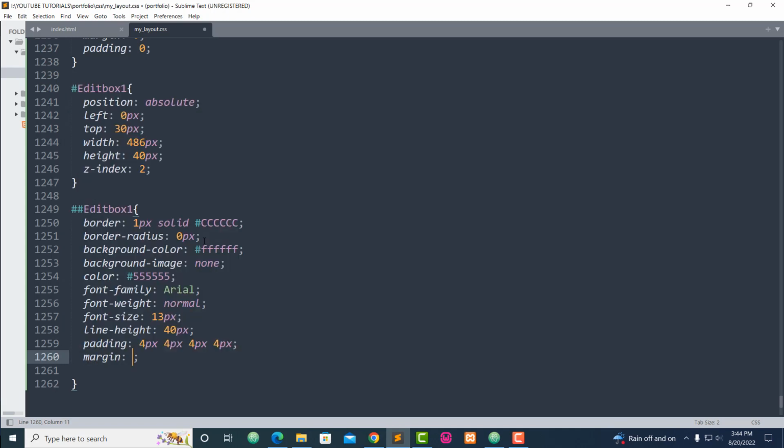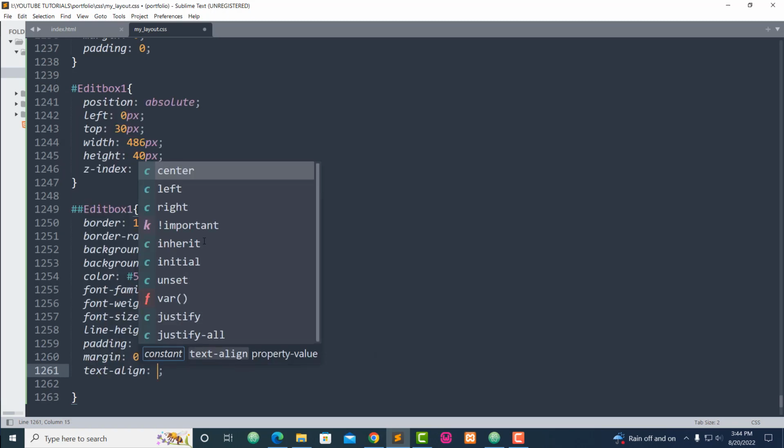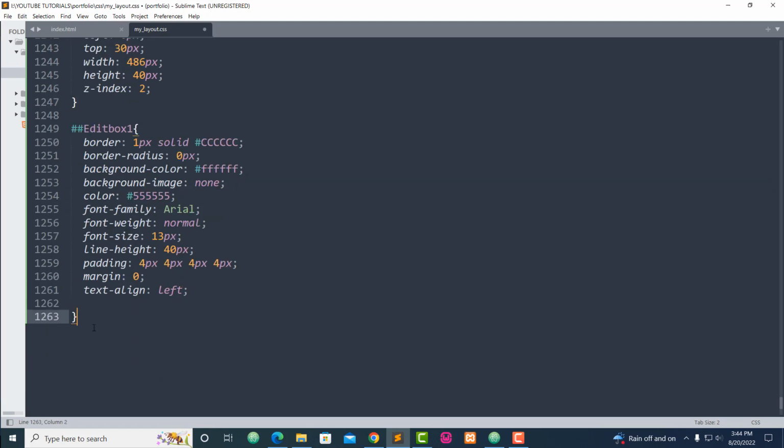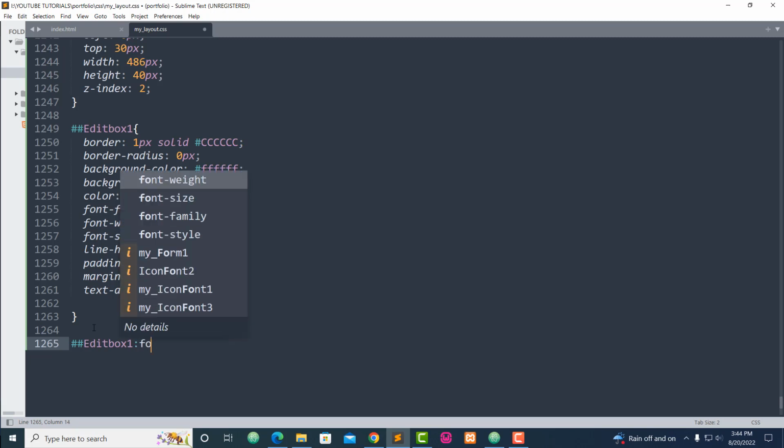Use a margin 0 and also text align to the left. And next I'm going to set the text here, edit box 1, focus. Okay,